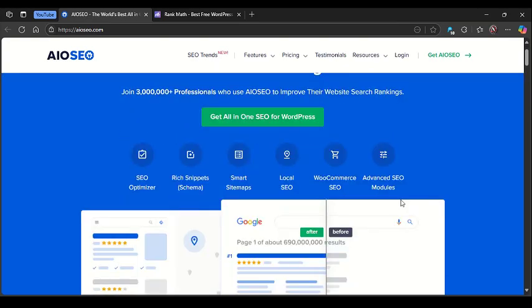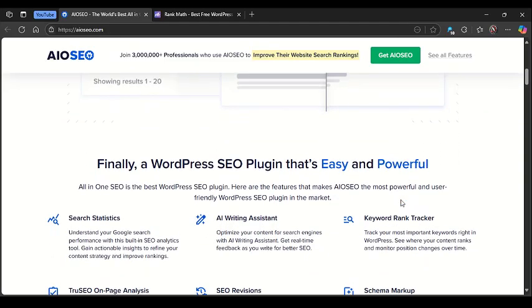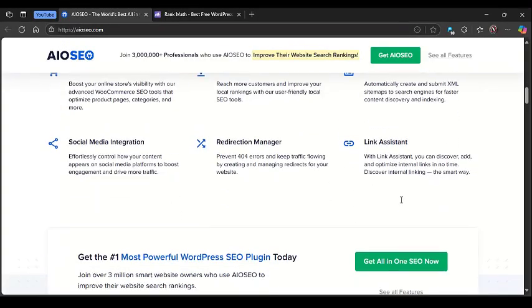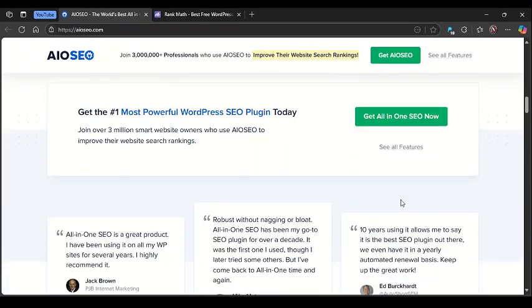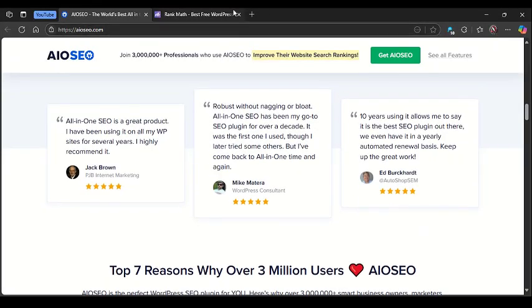In this video I'm going to create a quick, in-depth comparison review about these two SEO plugin platforms, which are All-in-One SEO and Rank Math. So let's get started. Both All-in-One SEO and Rank Math are powerhouse plugins in 2025, but they shine in different